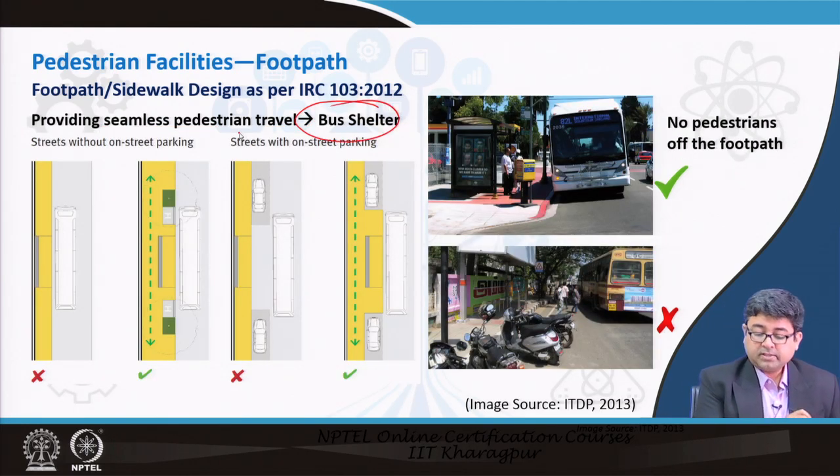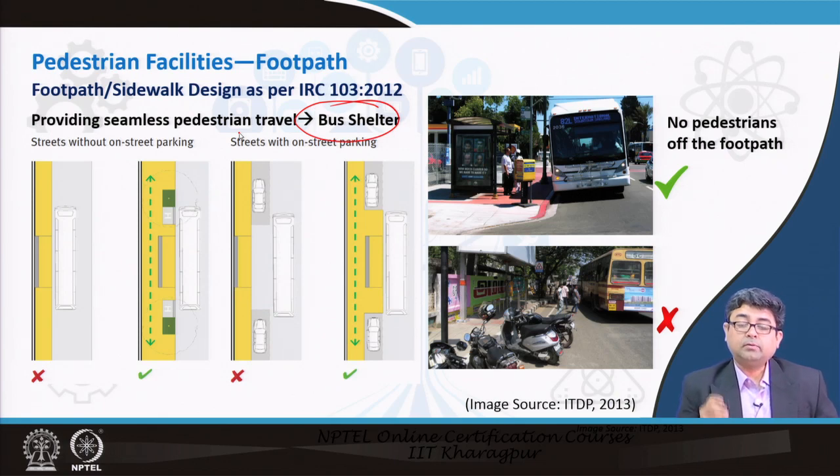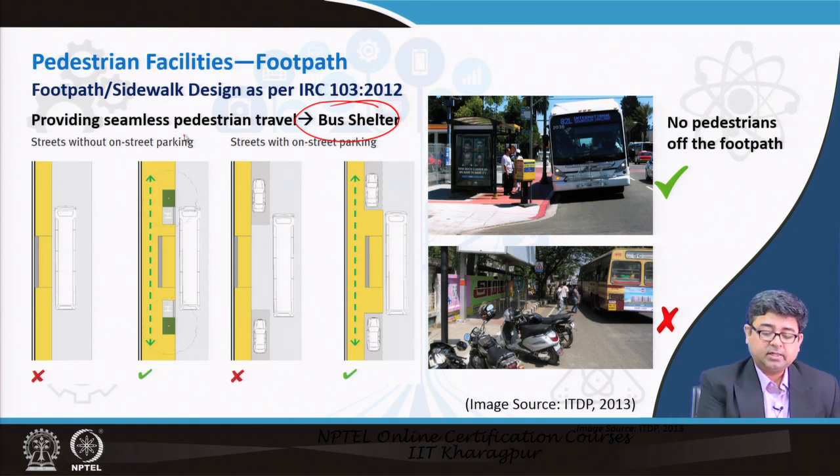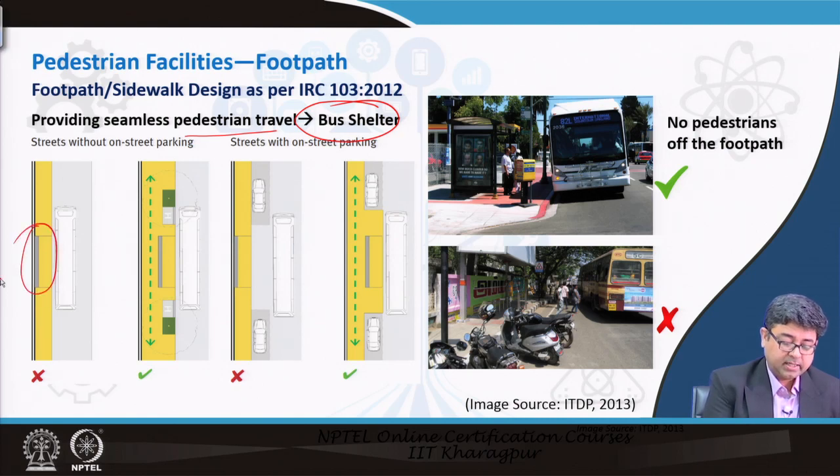Similarly, where you have bus shelters, that is, a bus stop that has bus shelters, how do you design for seamless pedestrian travel? If the bus shelter is right here, then people who do not want to go to the bus shelter, who are just looking to walk past it, do not have a clear path. It is not seamless travel. Now they have to either get down and then get back up, or they are troubled by all the people waiting for the bus here. So, it does not provide for a seamless transfer.